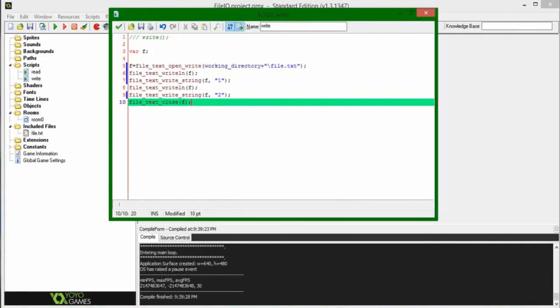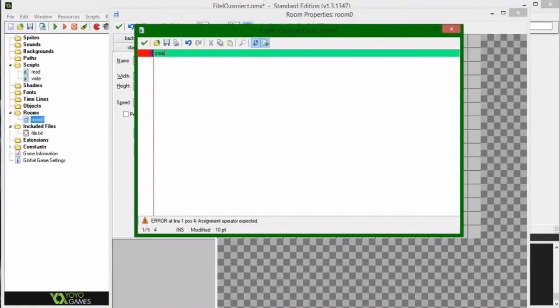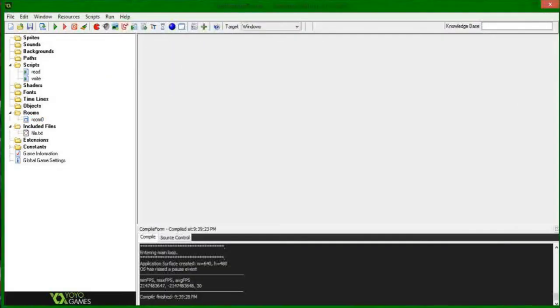Well, if you know the answer to that already, wonderful. And if not, I'm going to hold off on answering it a little while longer. I'm going to switch this back to read. And just in case we're not completely convinced that the file hasn't been written to earlier,